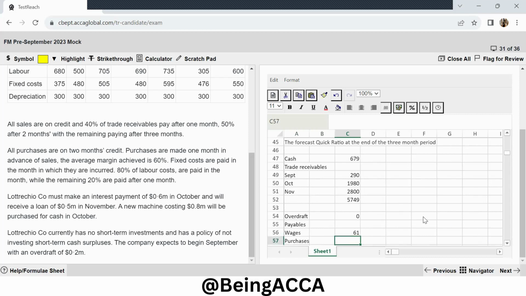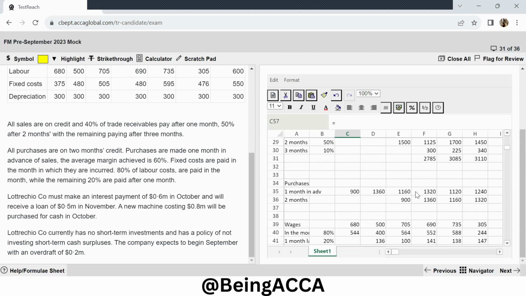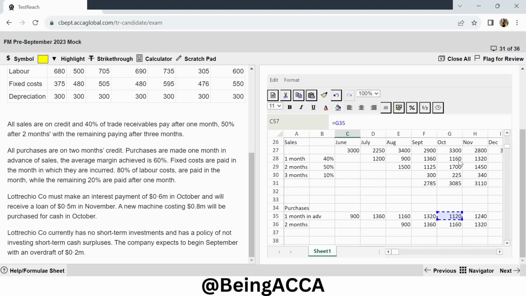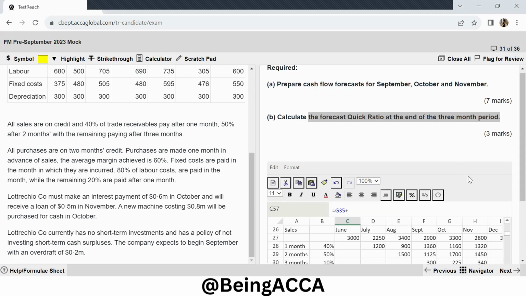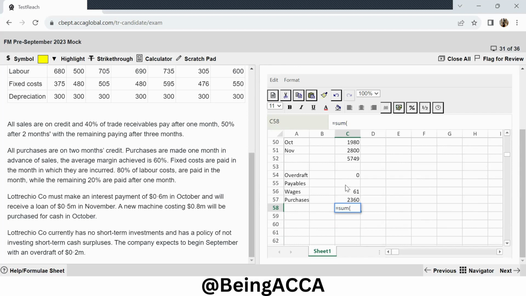Okay, so 61 is something that we have to pay, and for purchases we have to pay for the months of October and November. So purchases, this is for the month of October plus for the month of November. So this is the amount that is left for our purchases. So the sum of these three figures is going to give me my current liabilities,